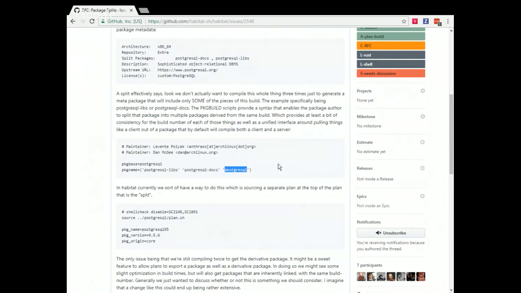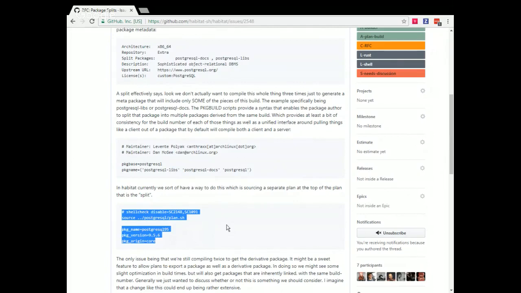So right now, the way that we do this is we can source the plan, which gives us a little bit of brevity in plans that are, I guess, lower in the hierarchy. For example, if we wanted to build Postgres, we can just source it. All of its logic gets pulled in here, but we can change a couple of values. Like if we want Postgres to build version 95 for a version 95 package, we can specify that one change, and it should still build. Now, what actually ends up happening is we're still going to build these packages multiple times, so it's not actually a split per se.